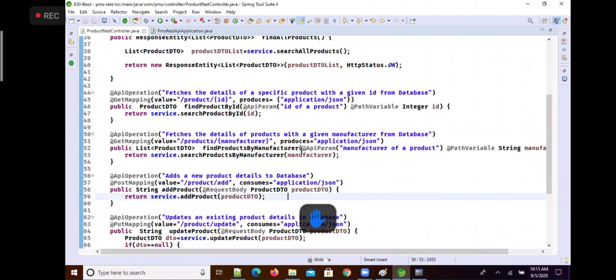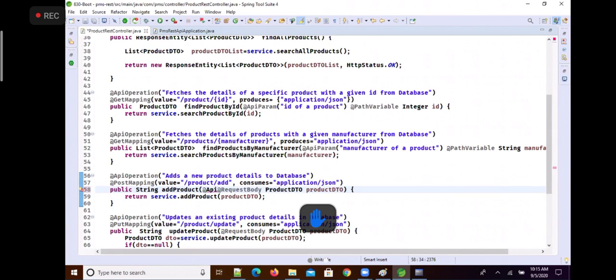For example, the parameter is a ProductDTO, right? So here I will add @ApiParam: a product data as JSON. Something.